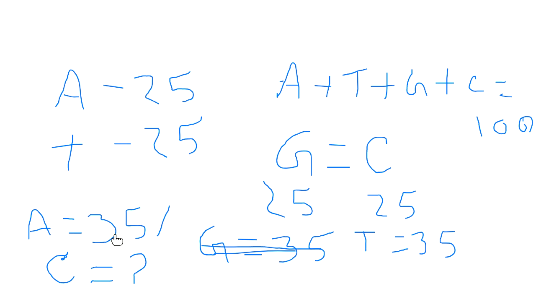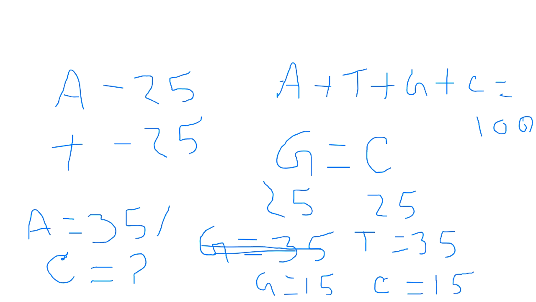That means 35 plus 35, 70% gone. Then how much left? Only 30%. That 30% is equally divided between G and C. So 30 is divided by 2 equally. So equally means G will get 15%